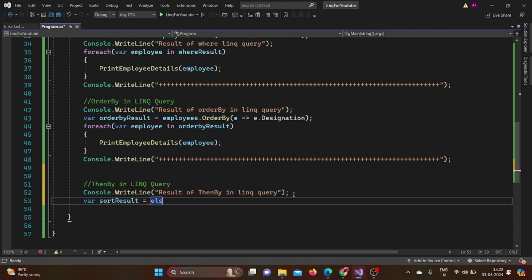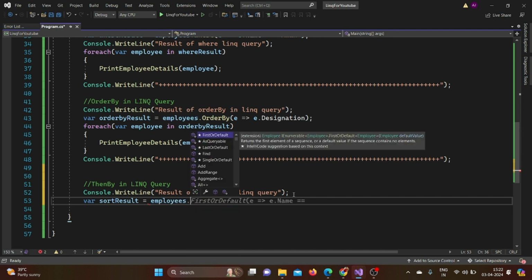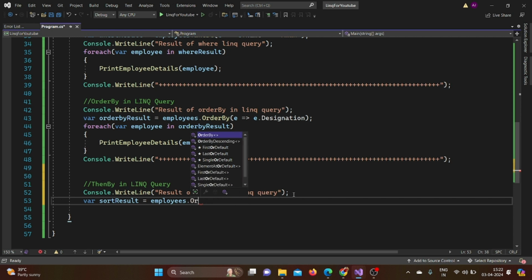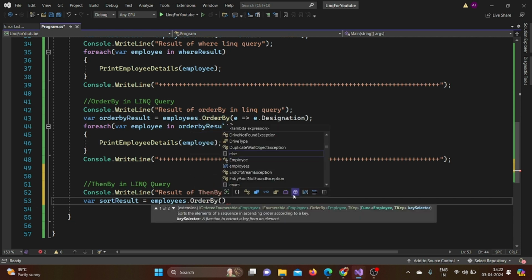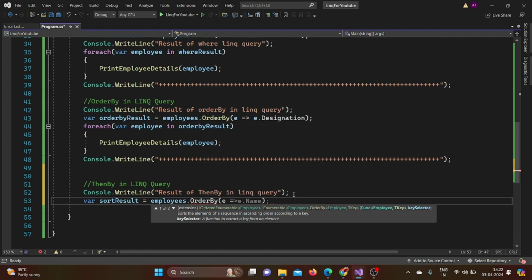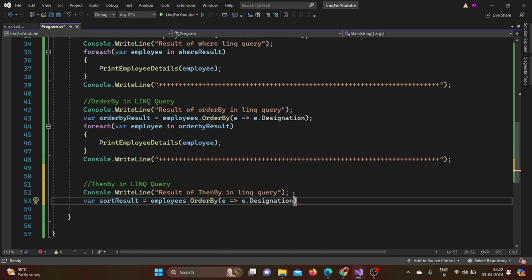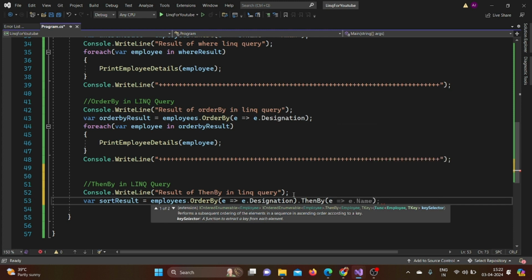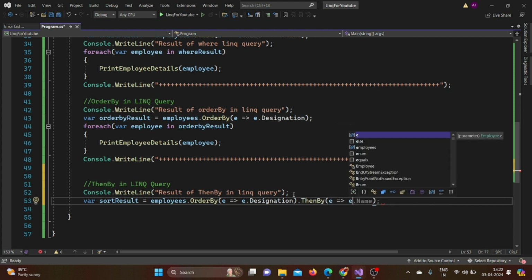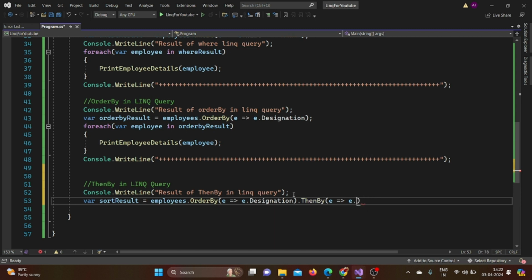So we'll say employees, and then in this case first we'll do an OrderBy based on designation, and then we'll do a ThenBy based on names. So OrderBy designation first, we have given a lambda expression, and then we'll call ThenBy, and in ThenBy we will provide name. So let's give a semicolon,